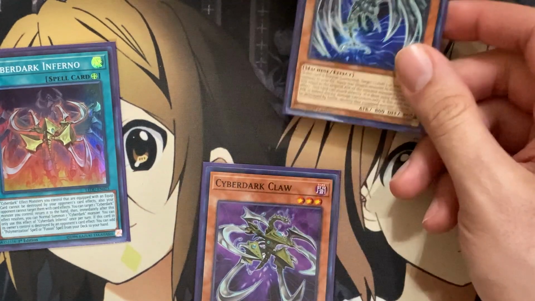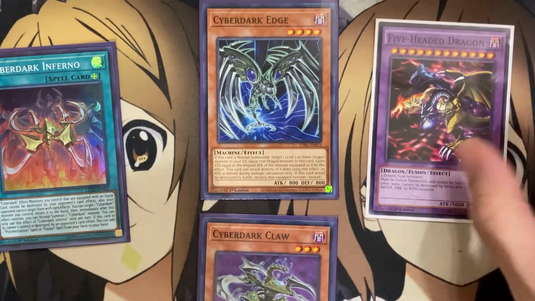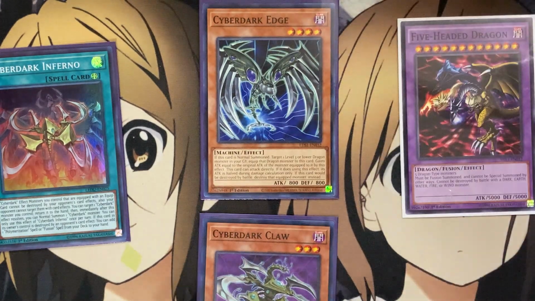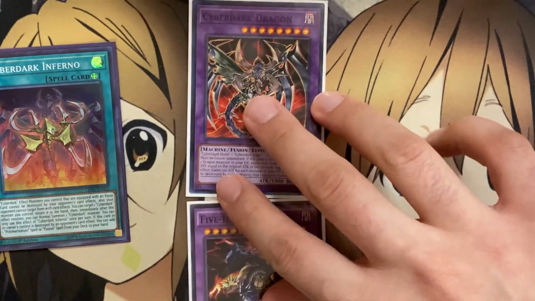And then during damage calc, if a monster equipped with this card battles, being able to just attack directly against your opponent with Cyberdark Edge, you can use Cyberdark Claw to then send 5-headed dragon to the graveyard, which will then set up the play where if you were to fusion out 1 of your other Cyberdark monsters later on for the fusion play, summoning out Cyberdark Dragon, then equipping onto it, making it 6,000 attack, and then having the